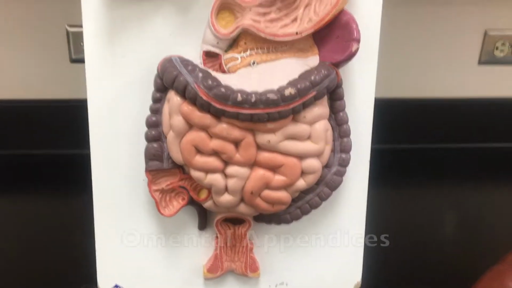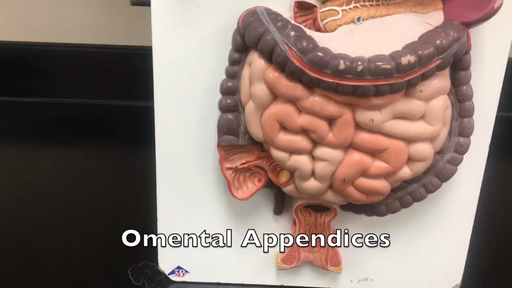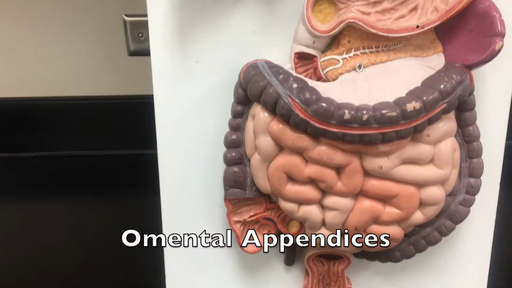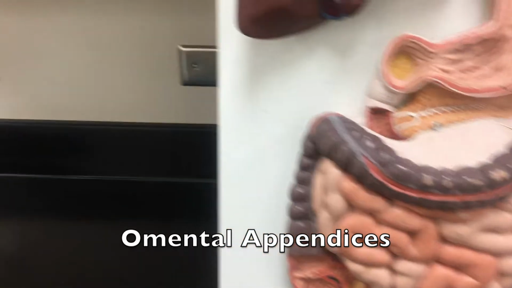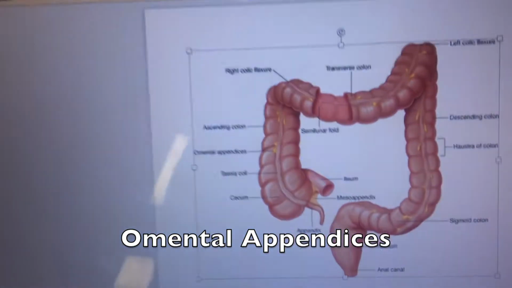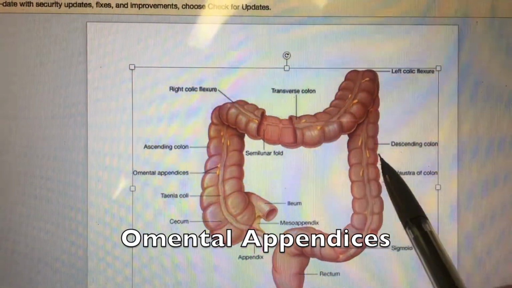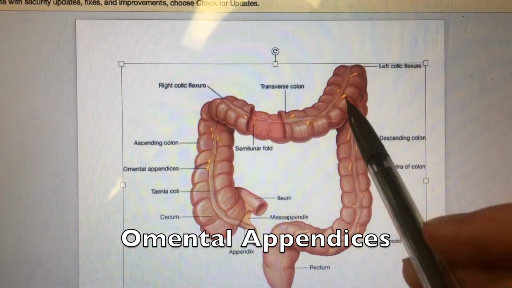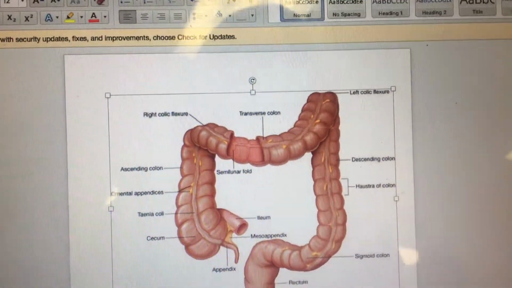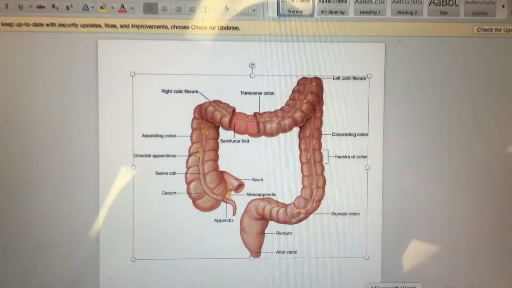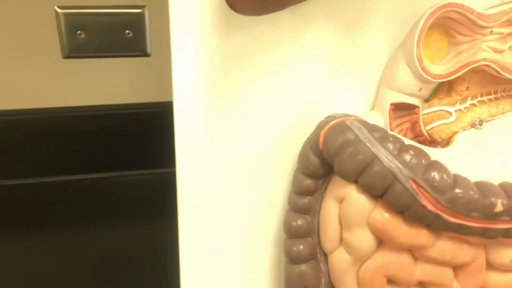It's called omental appendices, and they are globules of fat that come off the teniae coli. You can see a picture here. These yellow portions are the omental appendices. So going back to the model,